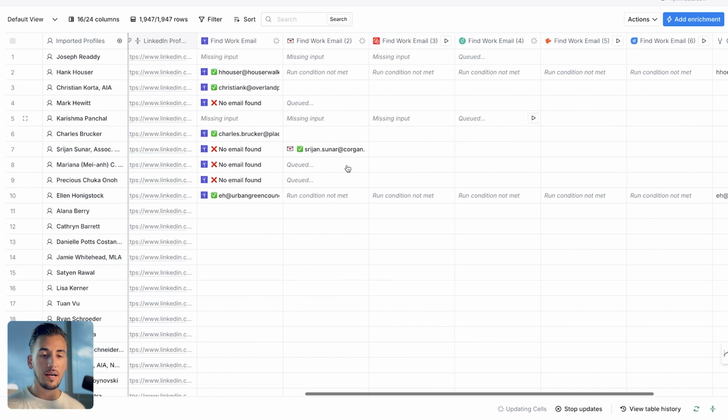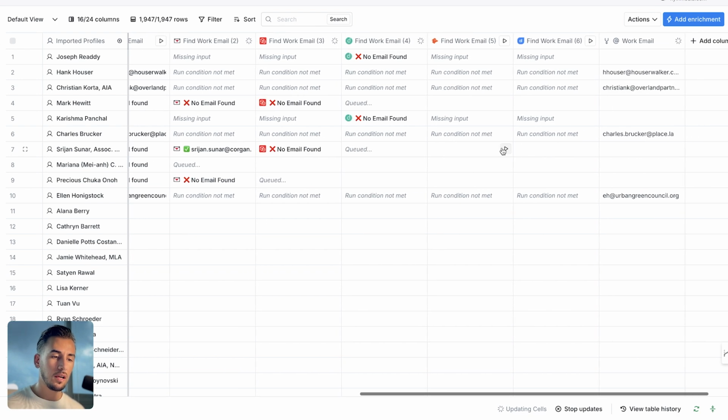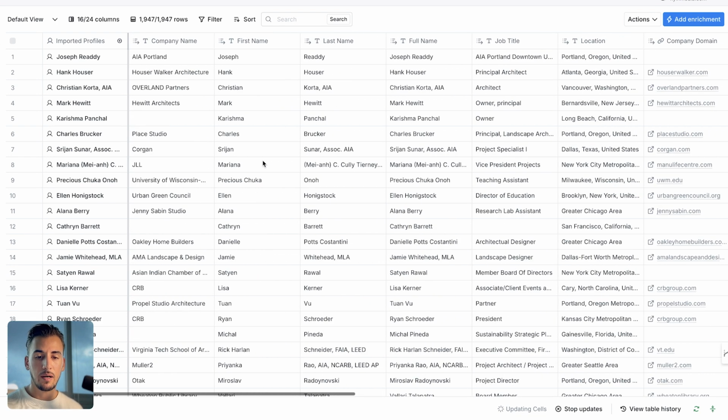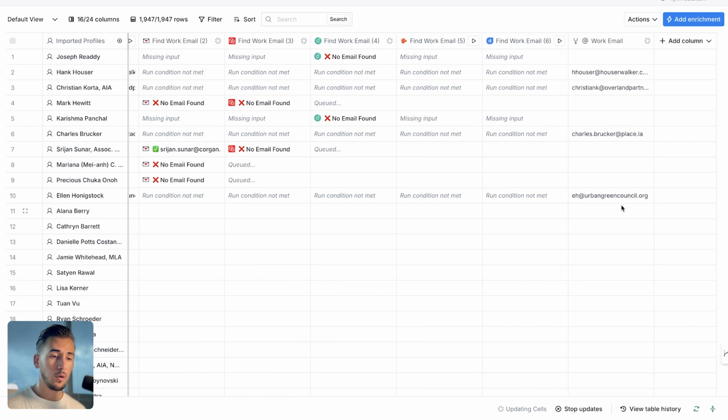So what it does now is it goes through each provider, right? Some of them it will not find initially, then it will find them through another provider, and so on. So it goes on and on. Some of the emails cannot be found because there's some data missing, right? The company name is missing, or the name is missing, or something is not right. But for the ones that it finds, it will find the email, verify it, and put it out at the end.